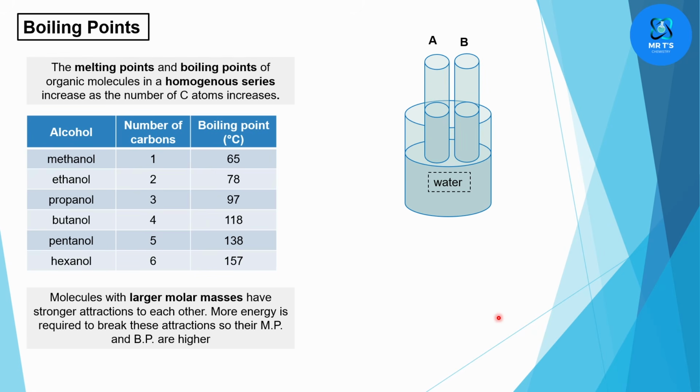Now let's say one sample we know is methanol, and the other we know is ethanol, but we don't know which is which. So two different samples of alcohols. Well, if I heat this, and if I start to heat this water, so this is colder water, tap water,